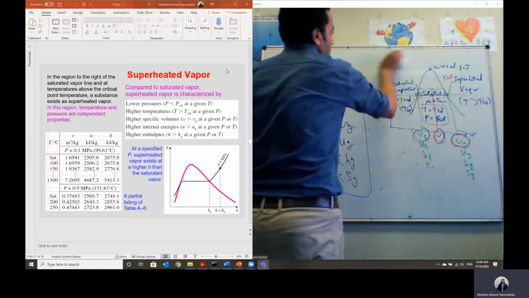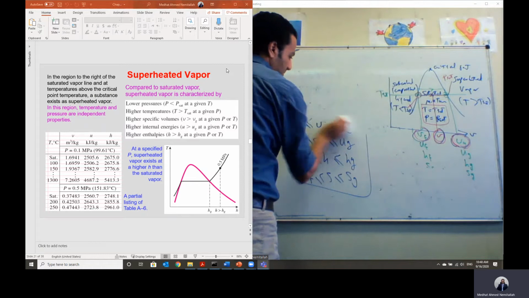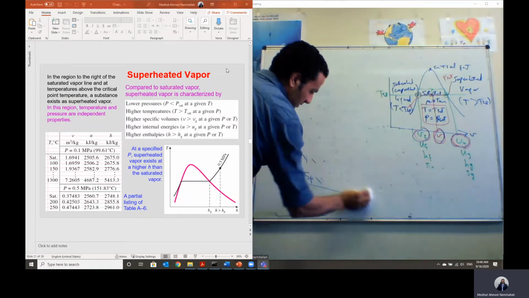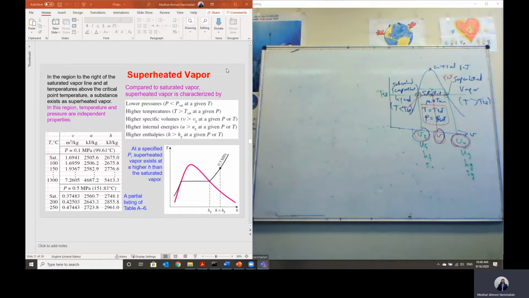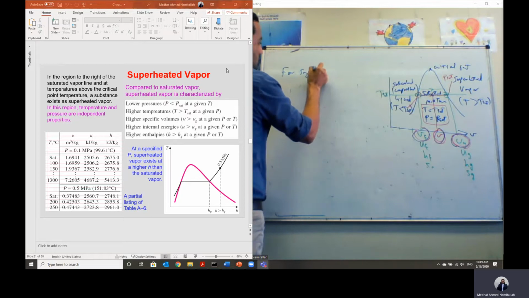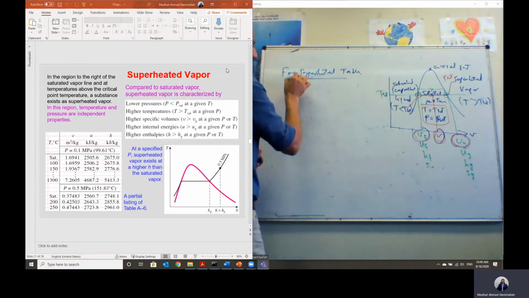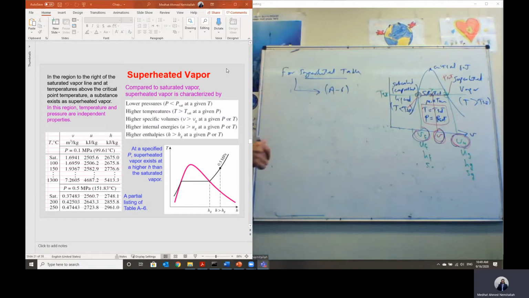What about this? This is the saturated table. We have two other tables: the superheated table and the subcooled table. For the superheated table, we are talking about steam, and in this case we will just be using table A6. If you look at table A6